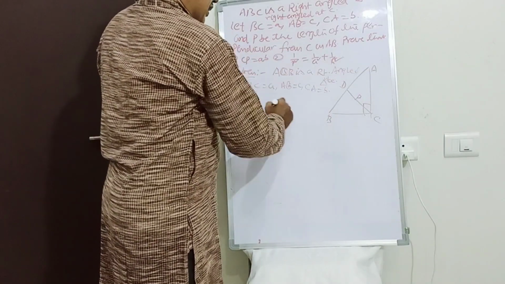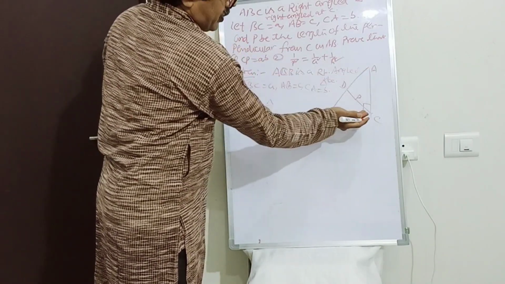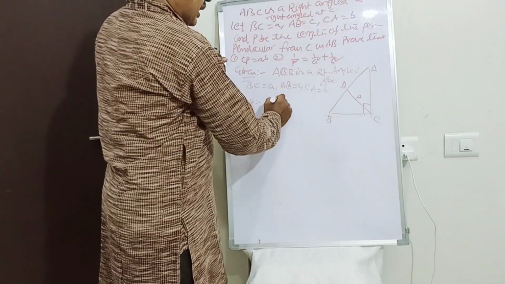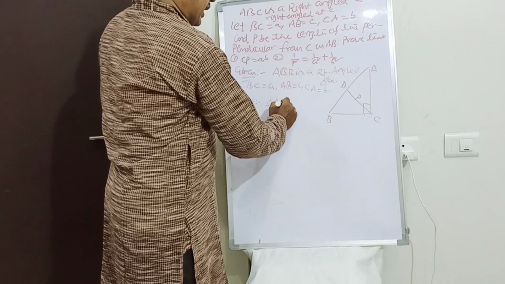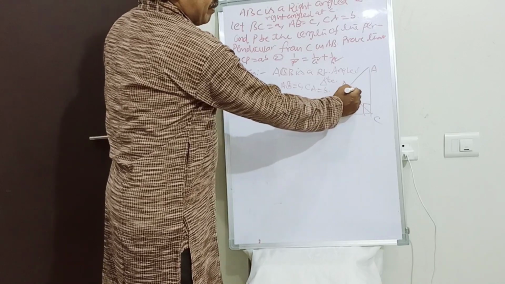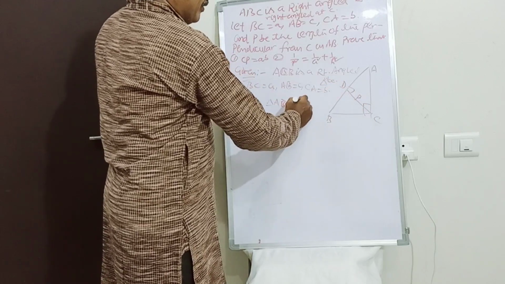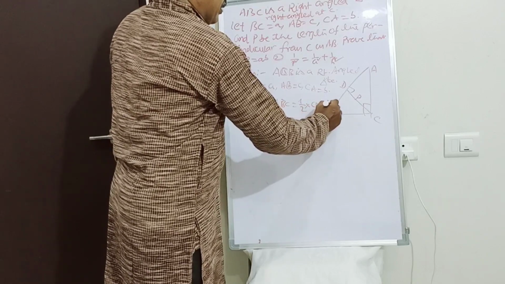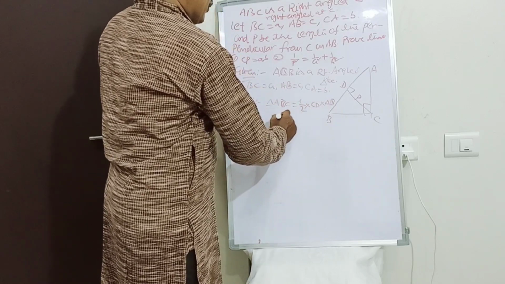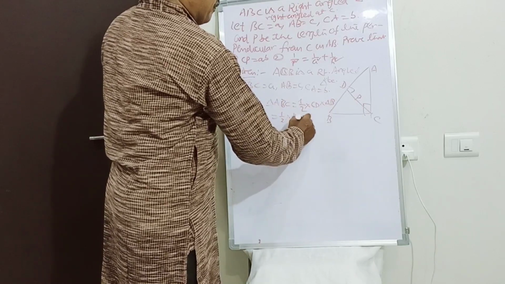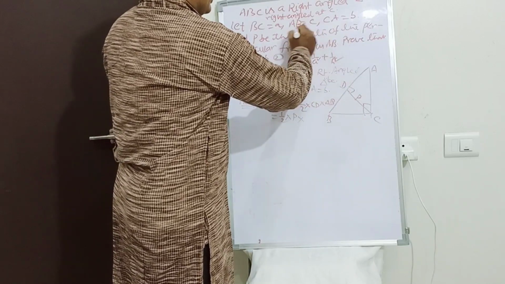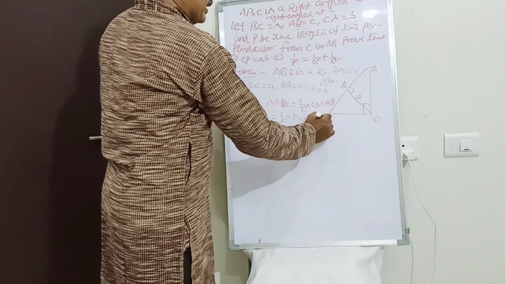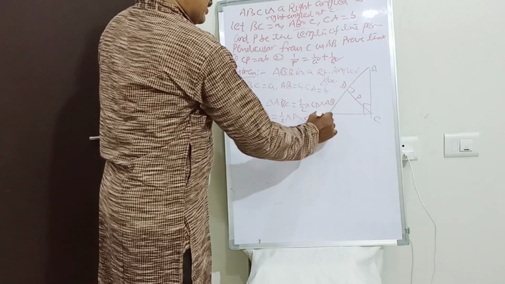In triangle ABC, when we invert this triangle in such a way that C becomes the top vertex, it is a right angle triangle, and a perpendicular is drawn from the vertex to the opposite side. Therefore the area of ABC is 1 by 2 into the product of perpendicular sides, CD into AB, that is equal to 1 by 2 into PC. So let it be the result 1.